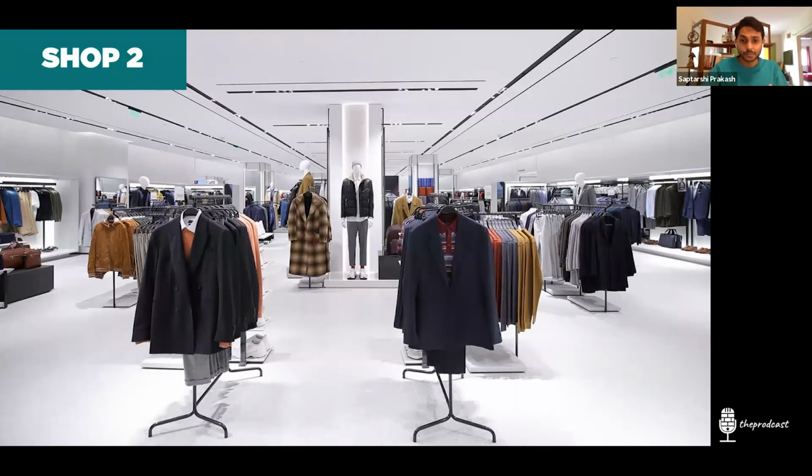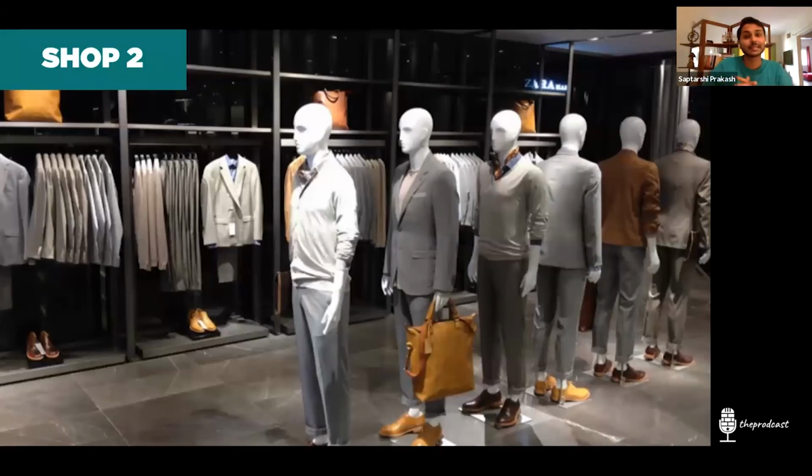But here's the difference. The shelves that you see at the bottom, they are all temporary. They change based on the time of the year, time of the day, and the collection that they have. What, however, doesn't change are these shelves at the sides. Along the edge, these are the shelves. And this is very different from the way apparel is laid out in a Big Bazaar.